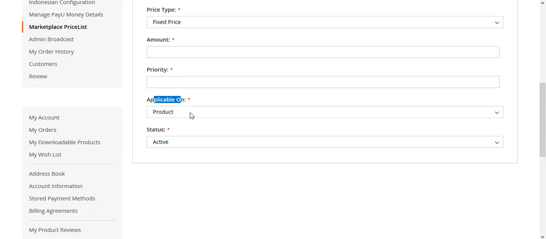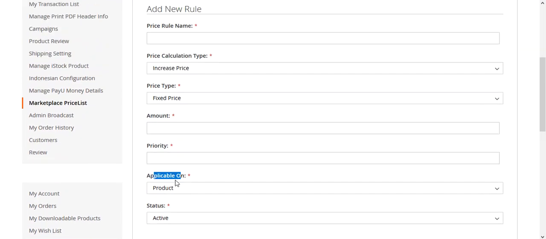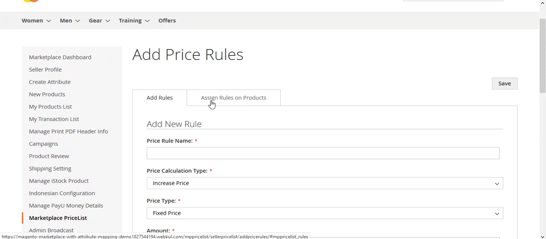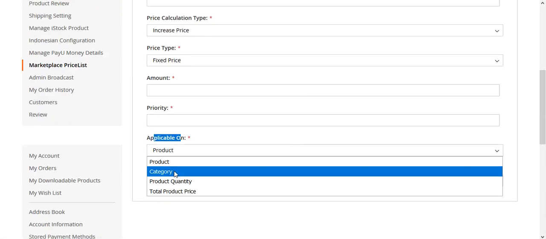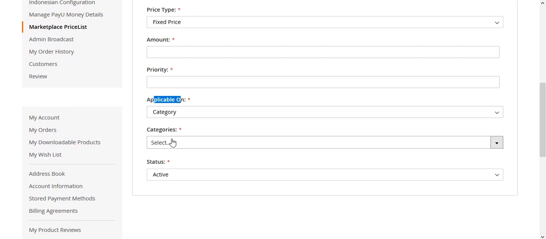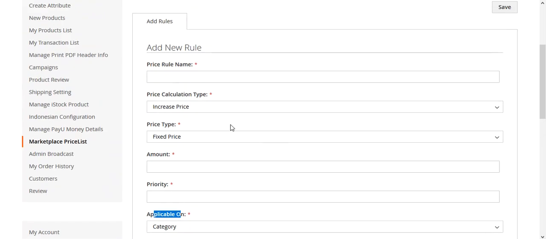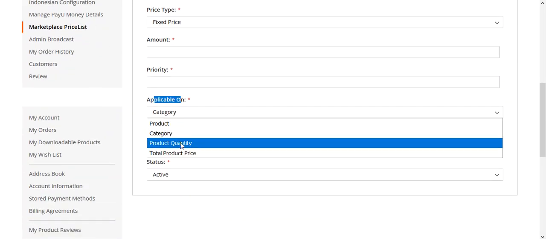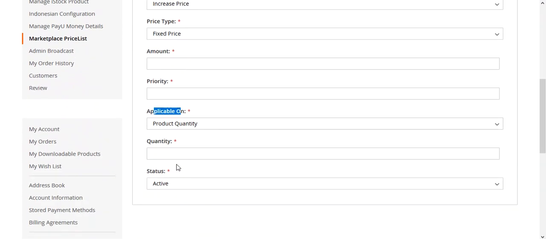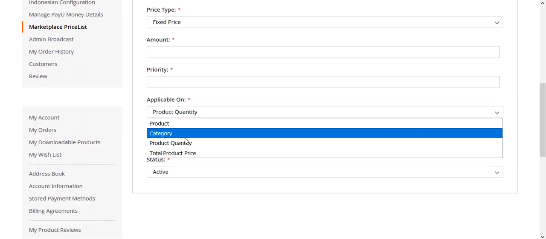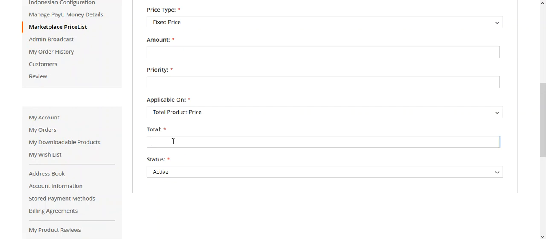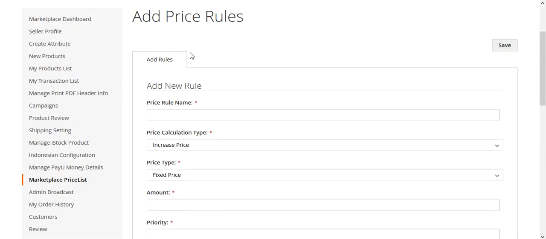applicable on option. For example, we have selected, it is auto selected as product, so here we have the assign rules on products. If I would choose this as a category, then you will see that we have a category section that comes up, so as to choose the different categories that are there within the store. And if we choose this as product quantity, then we need to enter the quantity of the product, and similarly for the total price we can set up the total price, and for them you won't be having any of